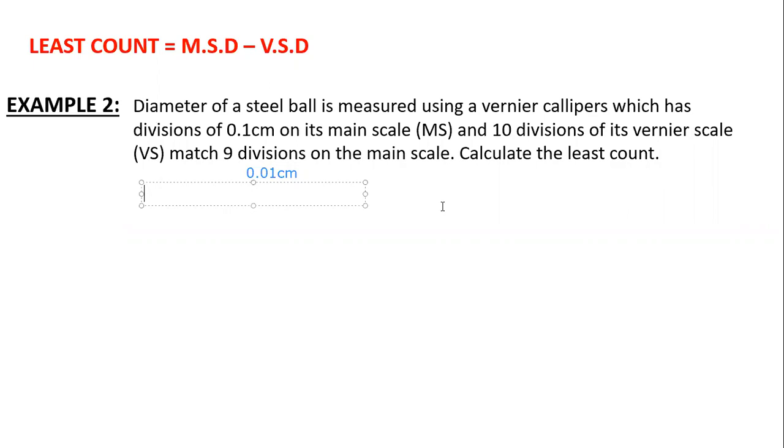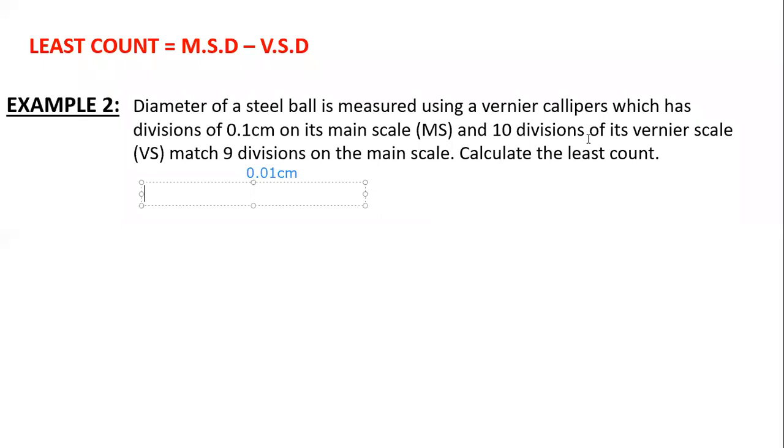But is it applicable all the time? I think so. So if I change the question, 10 divisions of vernier scale match 8 divisions on the main scale, instead of 9, if I write 8, will the answer be the same? No, sir. Okay, so can I use that formula by default in any case? No, sir. So which formula do we need to be thorough with? This one: least count is equal to MSD minus VSD. Understood why I'm saying to apply this one? Because it can change as per the question. Okay, sir. So it's safe to use this.